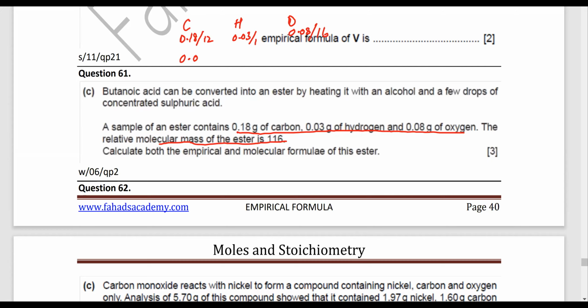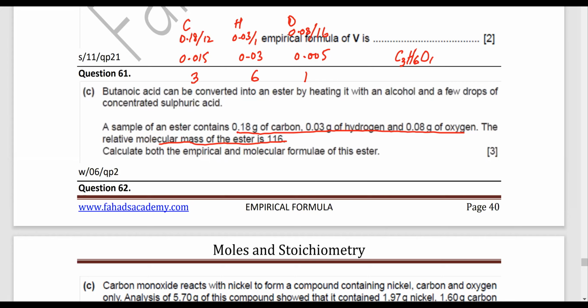0.015 and 0.03. And what is coming for this one? 5 times 10 to the power of -3. So it's 0.005. Divide by the smallest. So you're going to divide everything by this one. If I divide everything by the smallest, this would come out to be 3, I think. This would be 30 divided by 5, which comes out to be 6, and this would come out to be 1. Is that clear? Is this what you're getting? Yeah, it's correct. So the empirical formula, the simplest ratio, comes out to be 3:6:1.